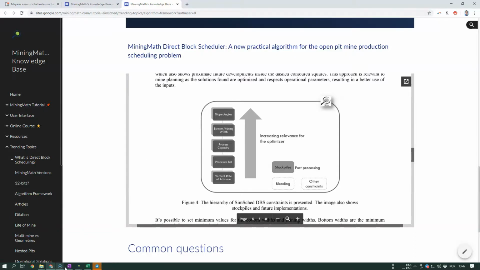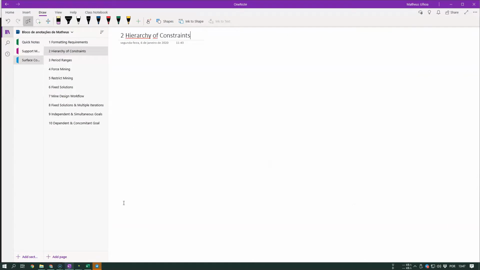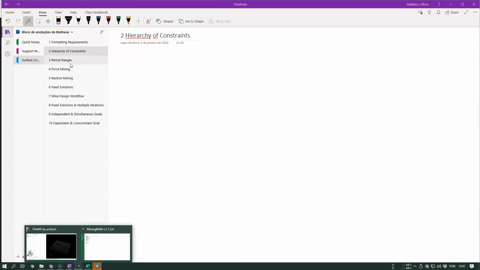So understanding the importance that surface constraints have, they are above a lot of things inside the algorithm. The third point, or the